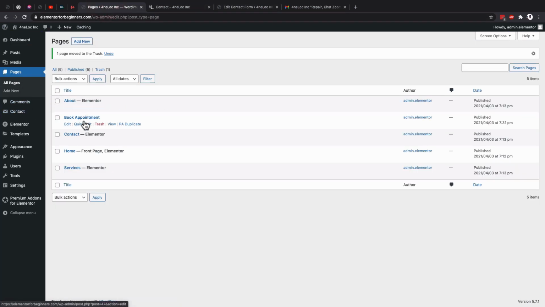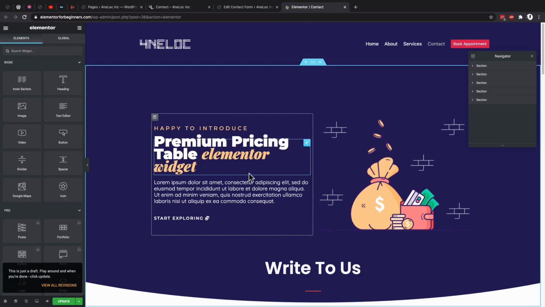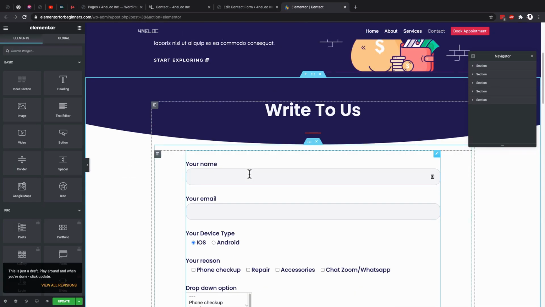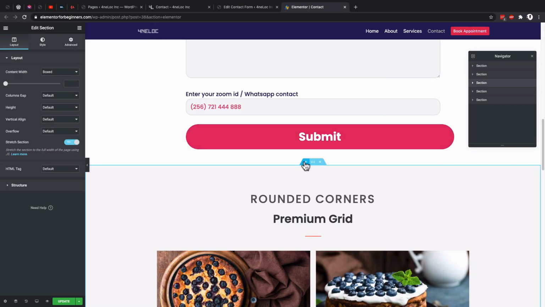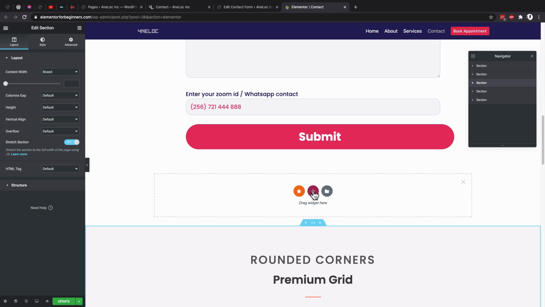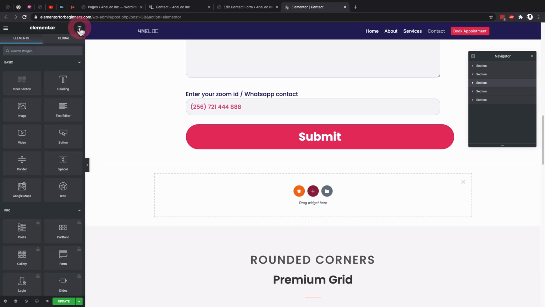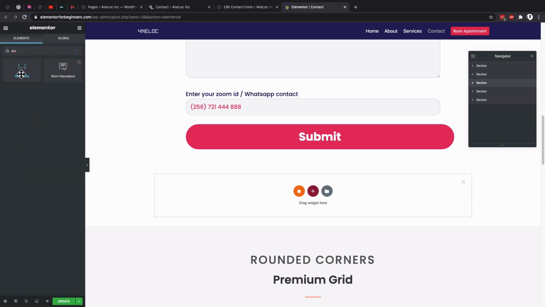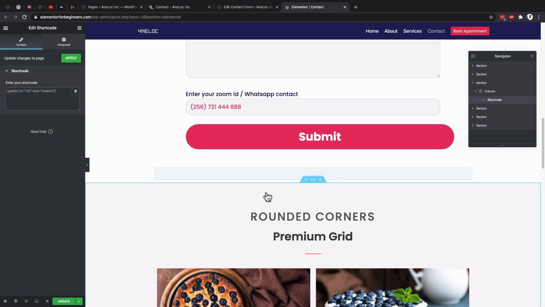pages, and I'm going to open up my contact page using Elementor. Once my contact page is opened up, what I'm going to do is now to add my contact form to this page. I'm going to come over here, add a new section, and I'm going to come over here to the widgets area, and I'll look up for a shortcode widget, and I'll add that shortcode widget to our page,